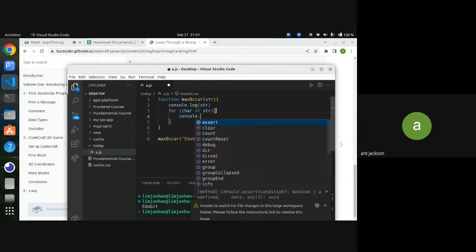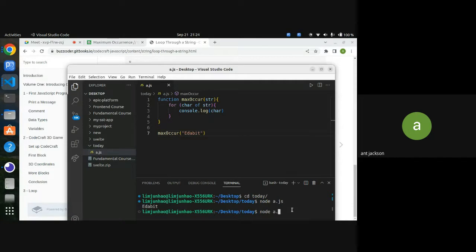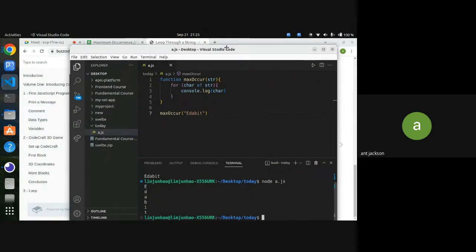Let me console log again. Character. Then we set it. So for now, how can we check for the same character? It's quite inefficient to add to Z, add to Z, add to Z, and then record down. And for each of the character, we have to check for